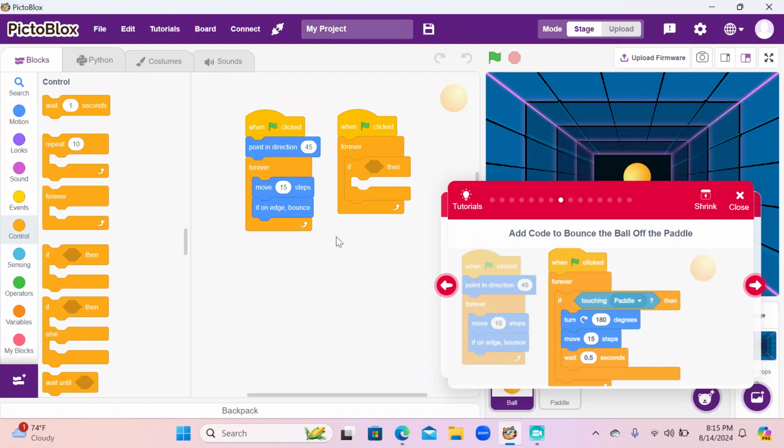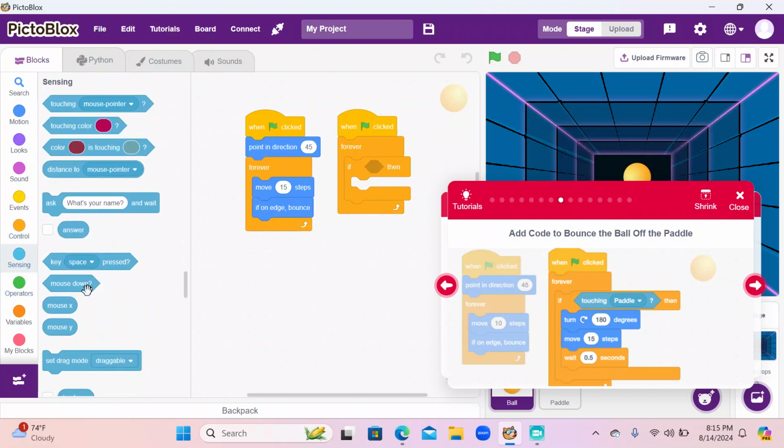And these are really important to learn because these are the core concepts in block coding, or even if you're going to do the advanced coding like Python or everything else, the conditionals are really important to understand. So we have forever, and then if then, and then we have to say touching paddle question mark. So if the ball is touching the paddle,